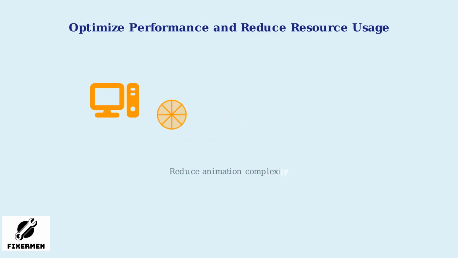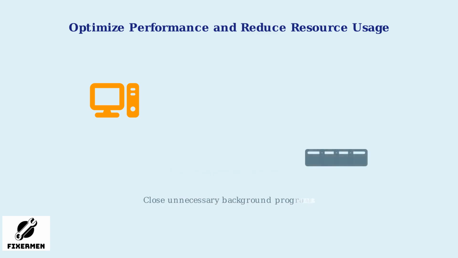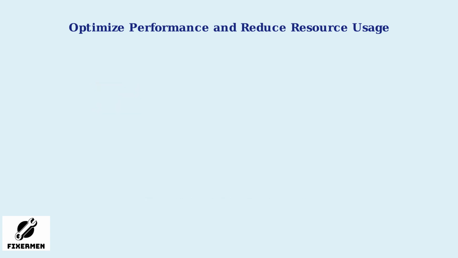Another way to improve performance is reducing the animation complexity in the settings. Simpler animations use fewer resources, allowing skin transitions to happen more quickly and smoothly. Finally, close unnecessary programs running in the background. These applications consume system resources that Bongo Cat could use for smoother skin transitions. Freeing up your computer's memory and processing power makes a significant difference. By optimizing performance through these steps, you'll ensure that Bongo Cat can handle skin changes more efficiently, resulting in smoother